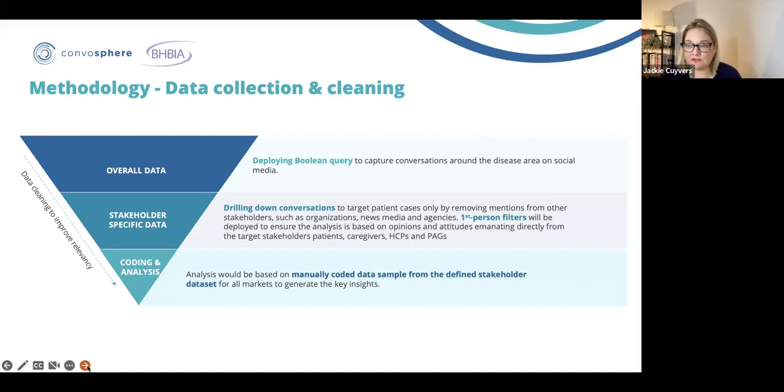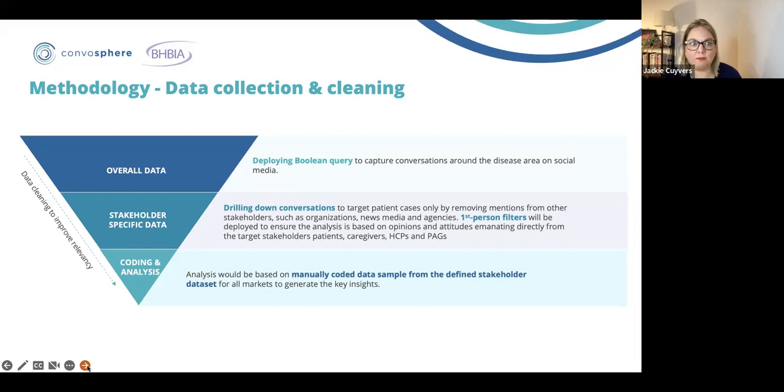Is this a patient, caregiver, HCP? What demographic information is available? Where are they in the patient journey? What treatments are they on? And using those 3 tiers of analysis to do the quantitative and qualitative coding across different markets within